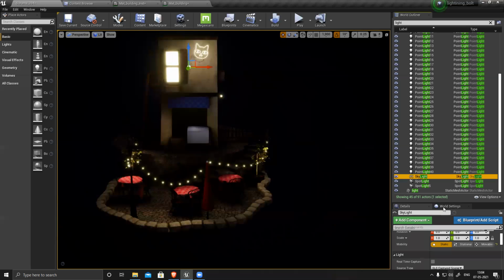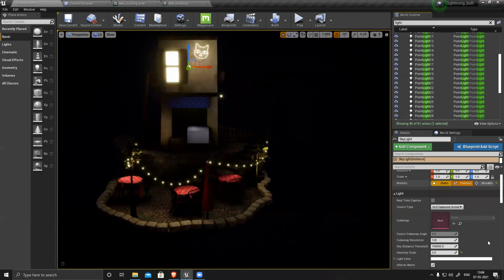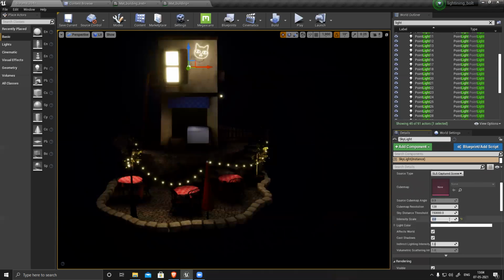So sky, because with sky I can increase it to like 10 or something, because my direction light has very little intensity. Build one more time.